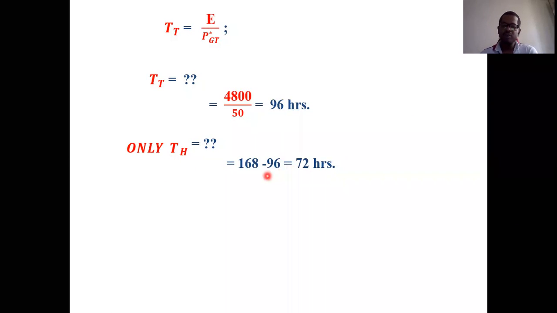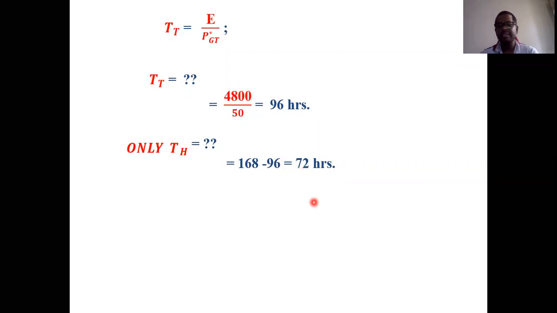Only the hydropower plant. So in these 72 hours, what about your thermal power plant? It is not producing any power. We have already seen in the load curve itself, from 0 to TS or TT, both the power plants are in operating condition. That is, in 96 hours, both the power plants are operating. But in 72 hours, that means from TT to Tmax, that period we can call the TH value. So in this period, only the hydropower plant is producing power. So this is the meaning of this problem.